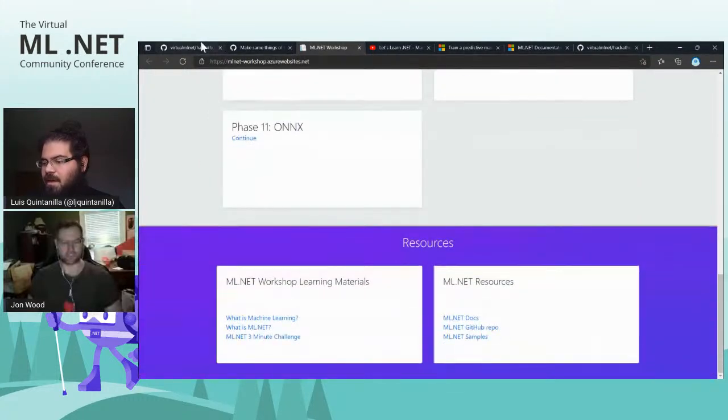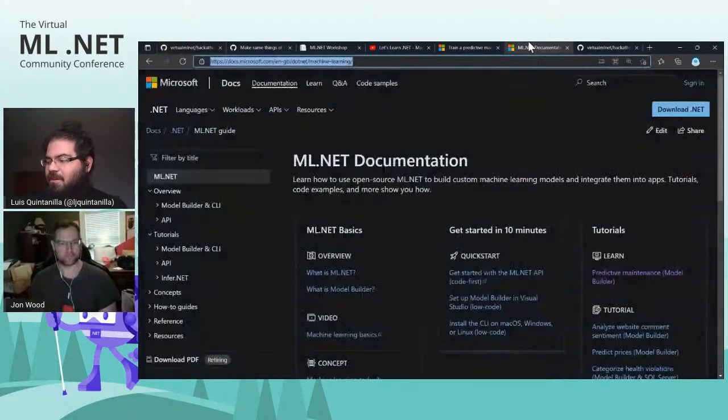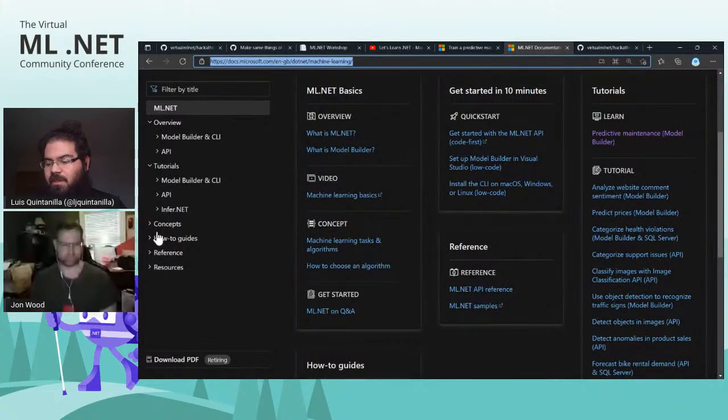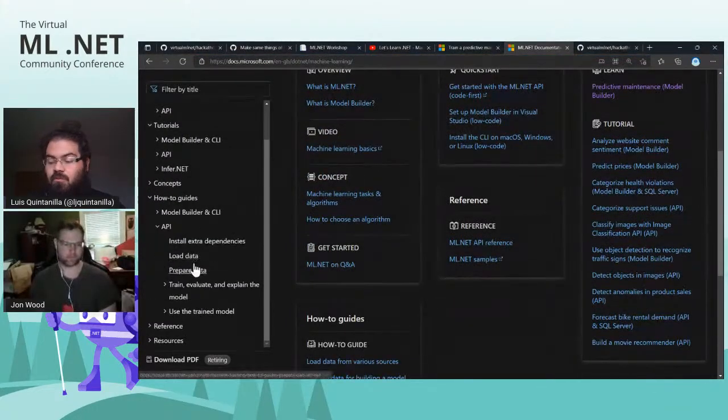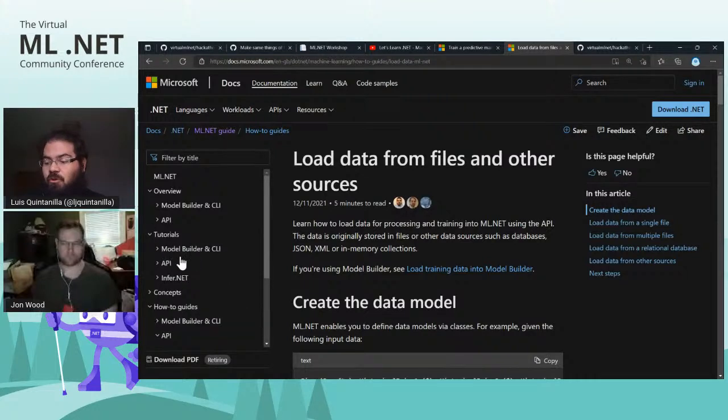Yeah, absolutely. And also, John has been doing a really awesome job working on documentation. And there's also the docs as well that you can look into. If you're looking for specific things, for example, if you're using a code first approach and you're trying to understand, hey, how do I load my data, right? Because you are going to need data for this. So if you're going with the code first approach, there's a lot of examples here, depending on what the data source and things are. So you can check out the how-to guides. You can also check out tutorials. There's both for Model Builder and the CLI, as well as the API. So there's a lot of options in terms of getting resources.